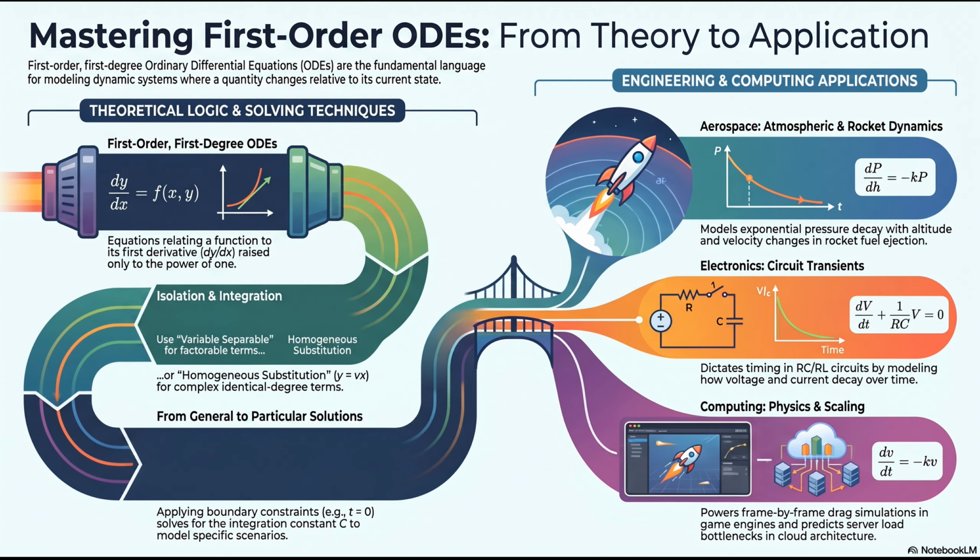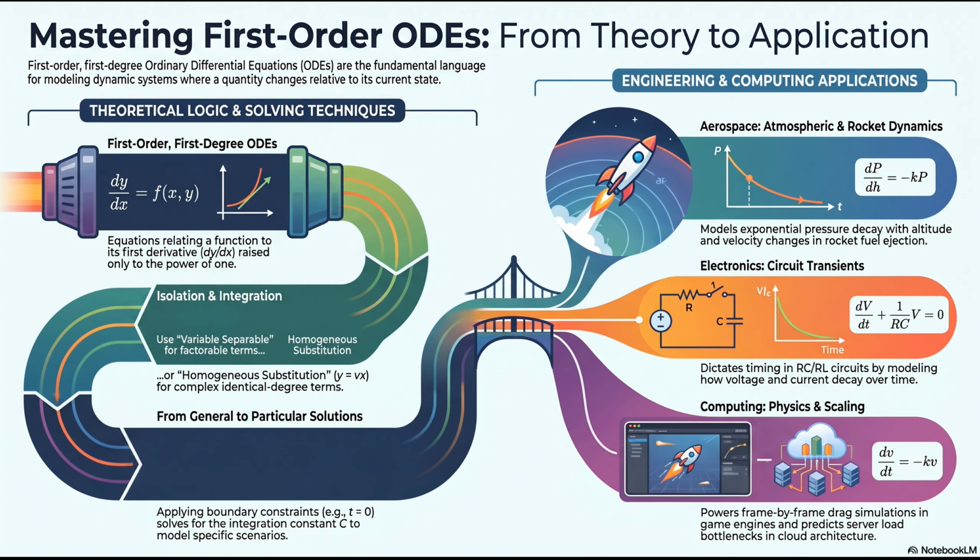Right, because you can see it. An engineer doesn't just crunch cold numbers. They can dynamically visualize the system. They can tweak a boundary condition in the code, say, slightly change the starting server load, or alter the initial temperature of a component, and instantly watch the exponential decay curve physically shift on their screen. That is so cool. It empowers engineers to intuitively understand and play with the dynamic system they are building, rather than just getting bogged down and lost in the algebra. It makes the math a tool for actual exploration, rather than just a massive academic hurdle to jump over.